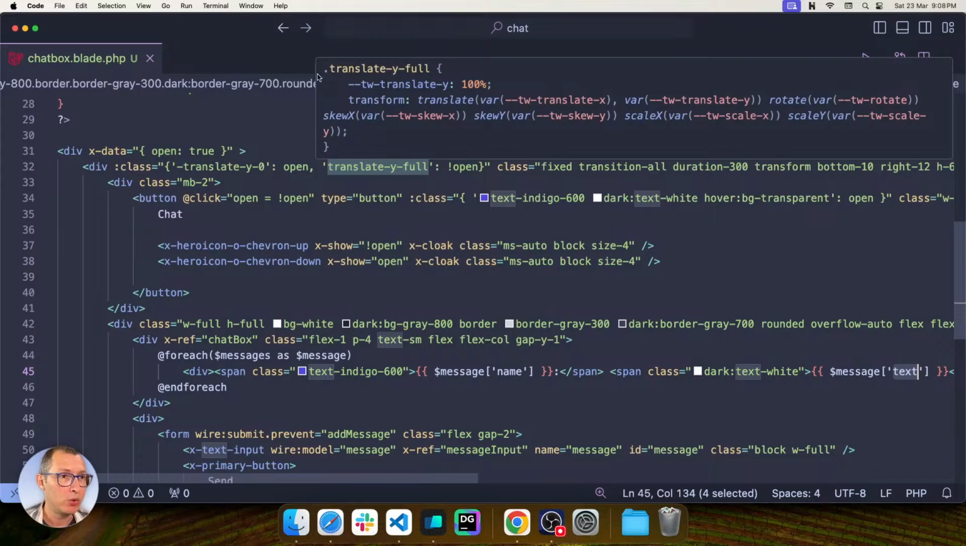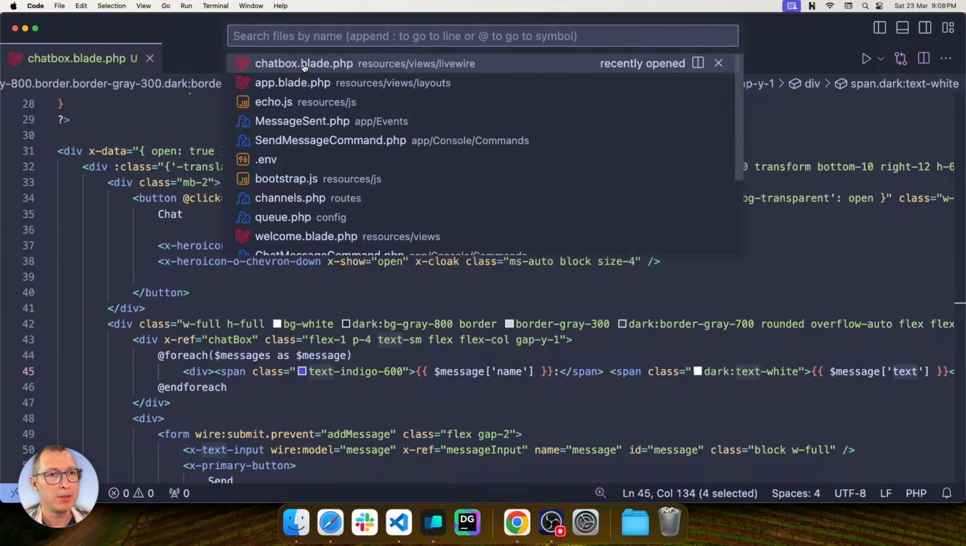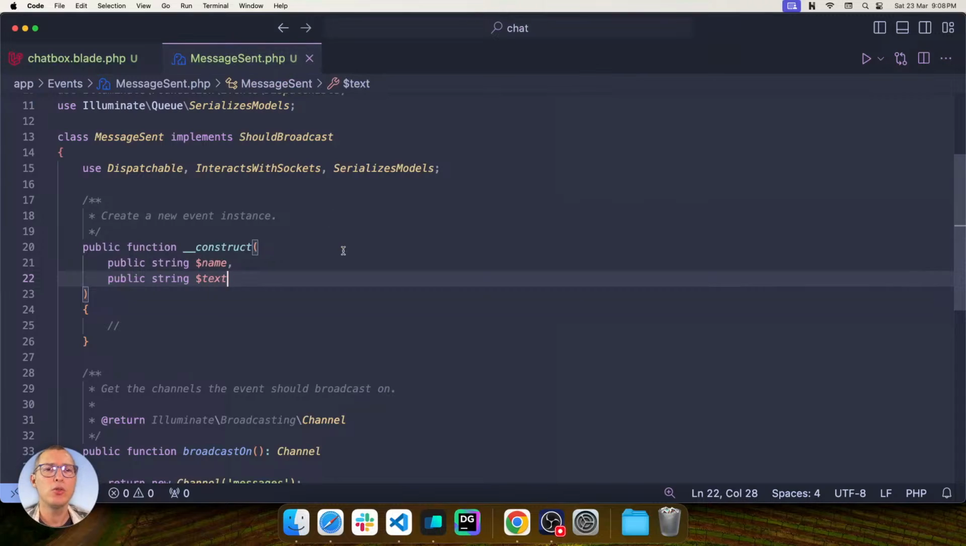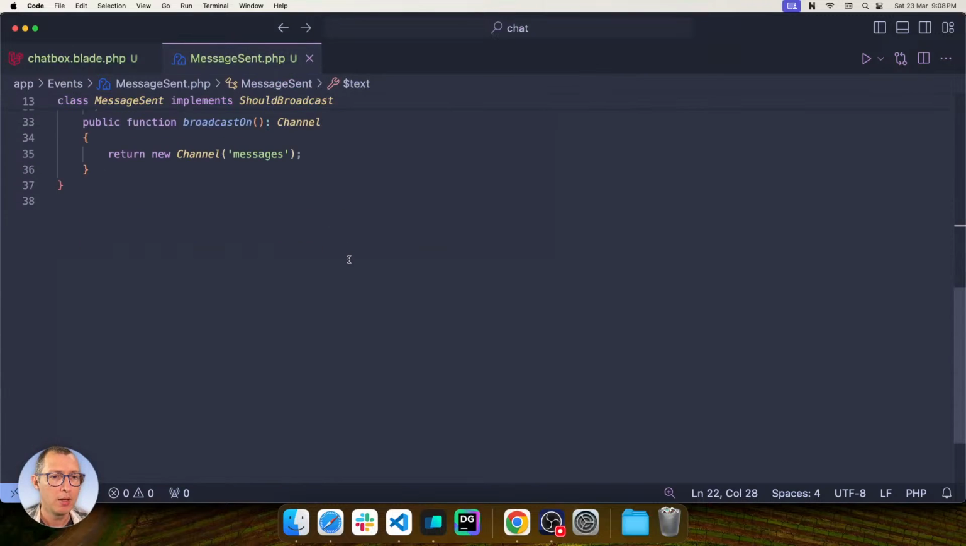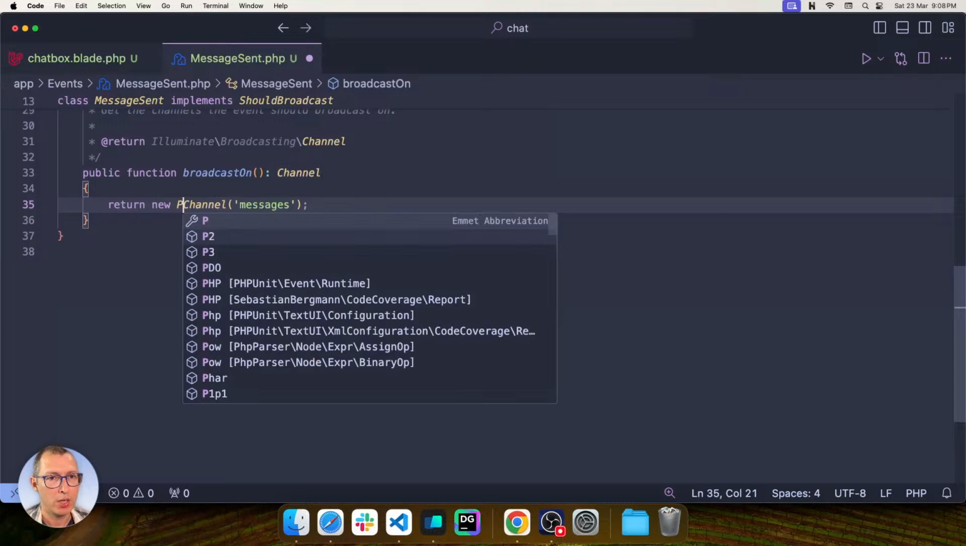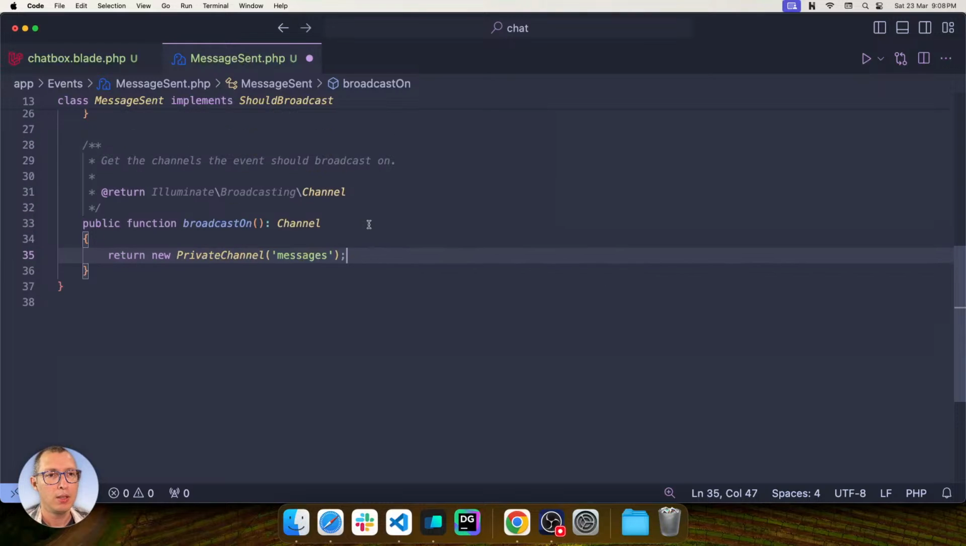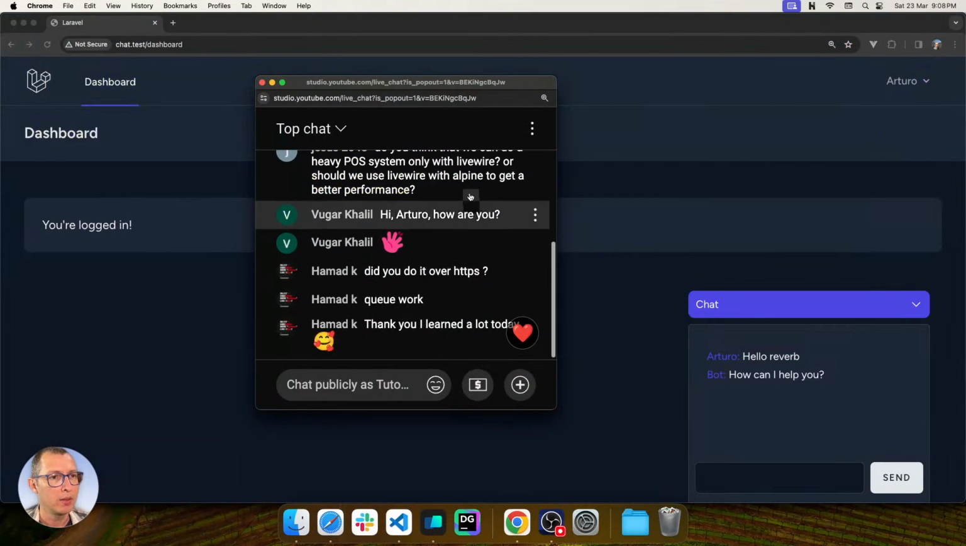For that, we're going to go back to VS Code real quick. And the first thing we need to change is the event itself. So let's open message sent. And as you saw in the beginning, this was set to public channel. So we can just set this to private. And that's it. Now, what happens if I just do that? If I go back here